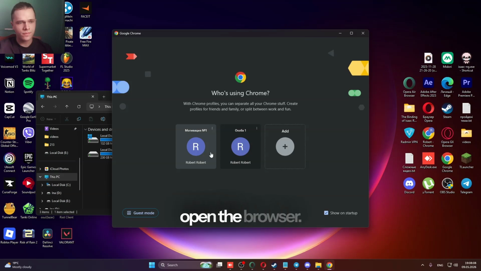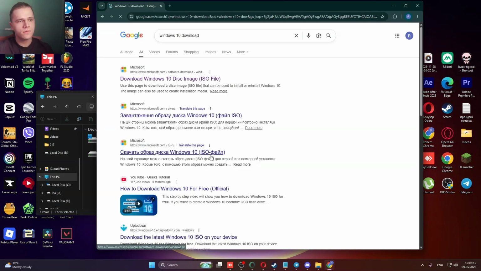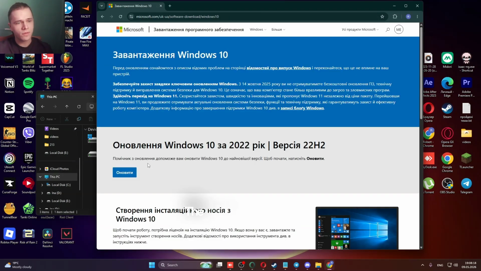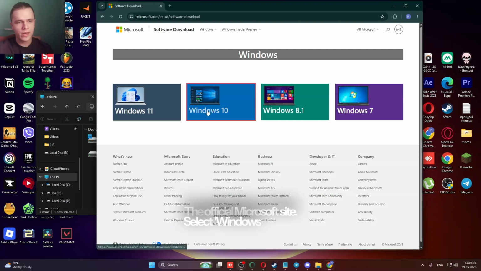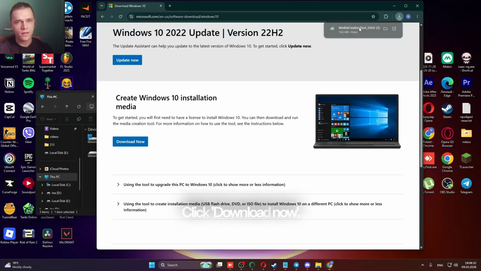For this, open the browser. Type in Windows 10 download here. Go to the official site, only the official one, because you could download a virus otherwise. The official Microsoft site, select Windows 10 here, click download now, open the Media Creation Tool file,